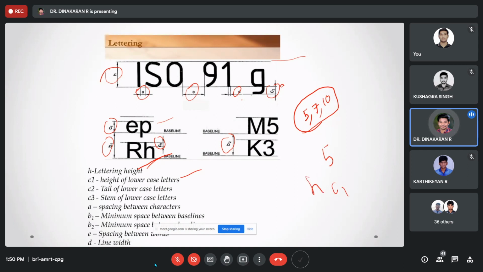Based on that, you need to write the height of the lowercase letter. You see the tail of the lowercase letter, G for example, C1 will be there. C2 combined with C1 means one complete lowercase letter. So this is a tail. For what letters will we use the tail?